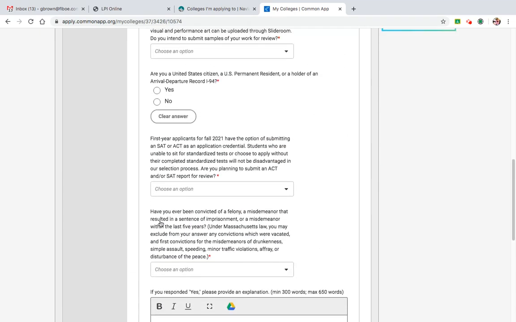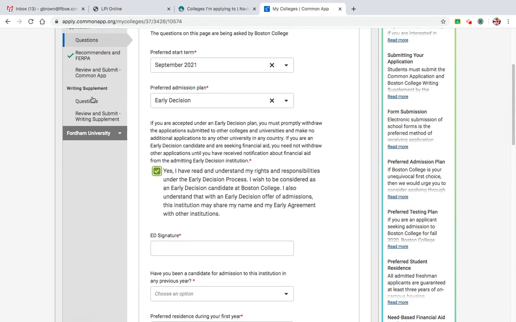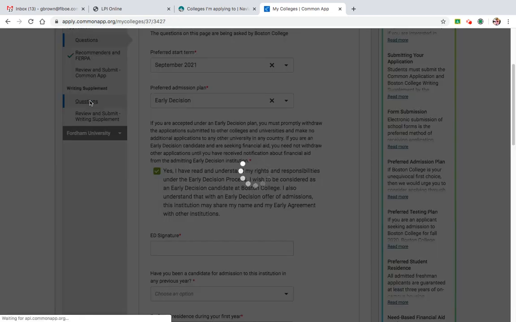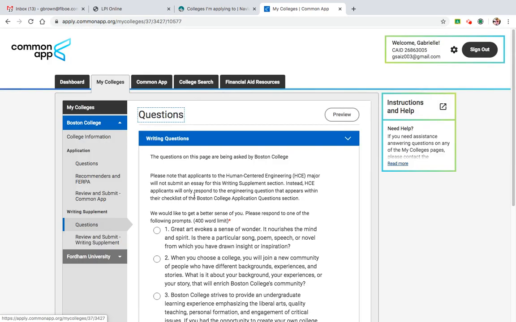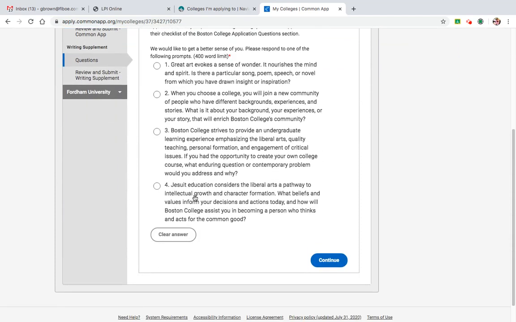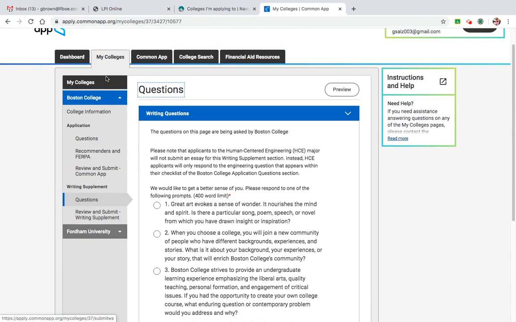straightforward. And then in this case, you're going to have questions under a writing supplement. So they're giving you essay topics, and then you're going to have to write that. When you're ready to submit for a college, like for example, Boston College, you need to submit both of them, both the application and the writing supplement. They don't get submitted together. So if you're submitting the application first,